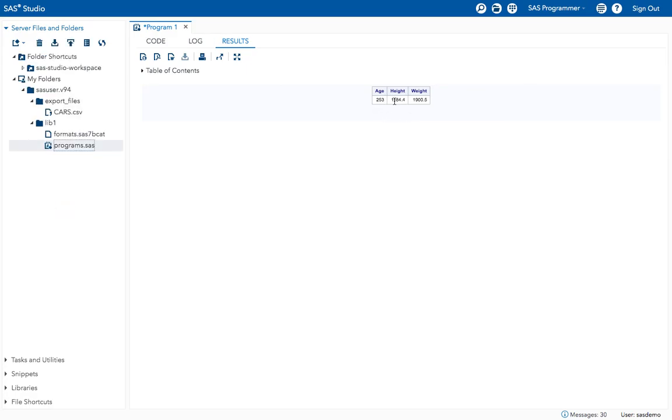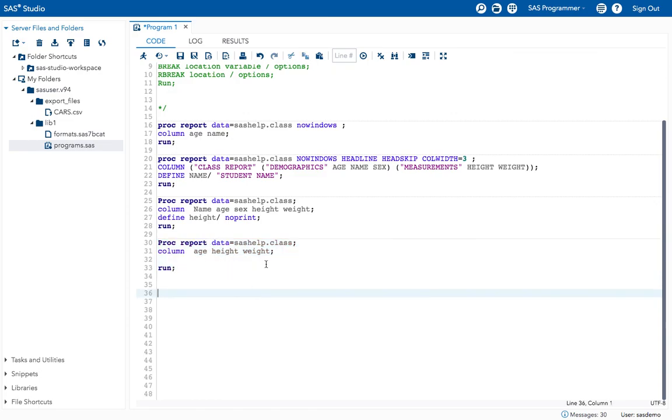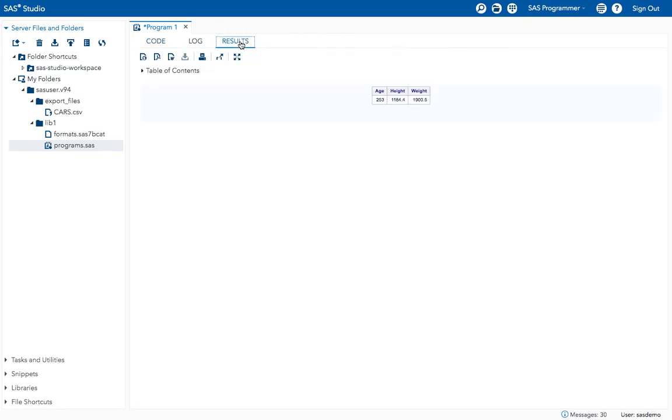See how I got the results. I got the sum of these total age values. Why didn't I get all the values, just the sum? When I use this proc report procedure only for the numeric values, it gives me the sum like this.